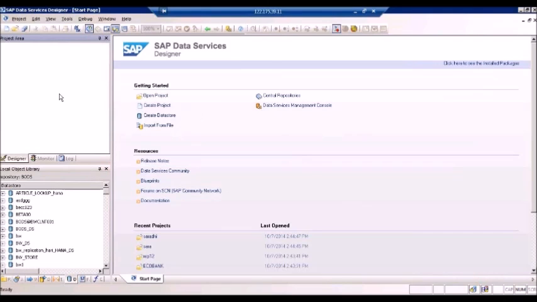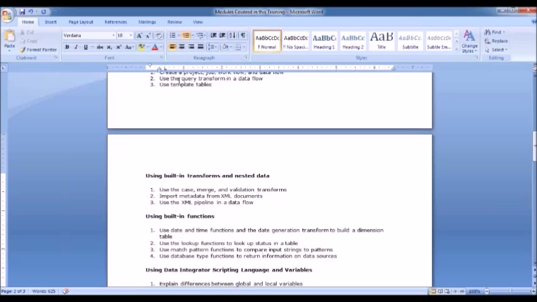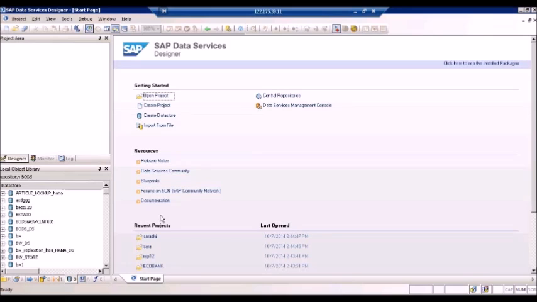Here we are able to see different parts of this, like the project area and the local object library, and this is a pane wherein you can navigate between projects. Here we have been talking about some of the things called transformations and the built-in functions. To go and see about this,